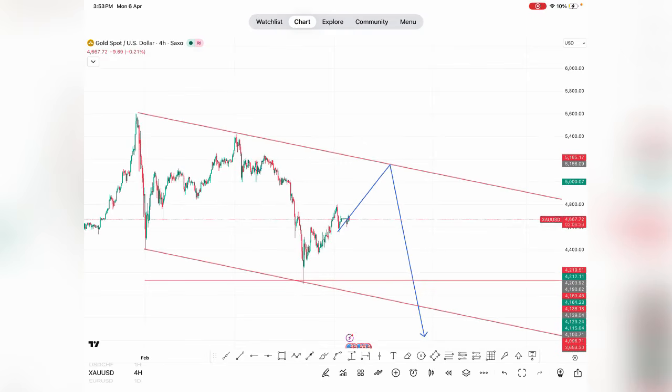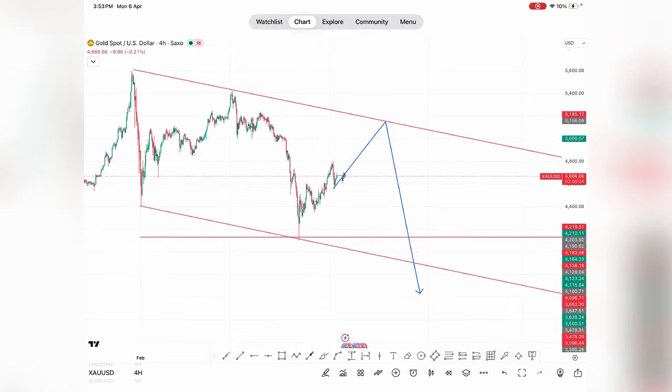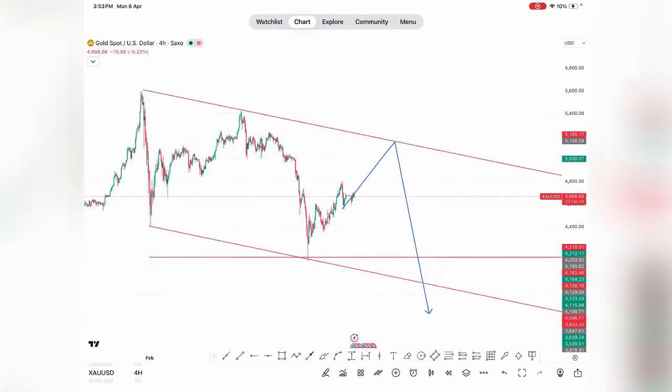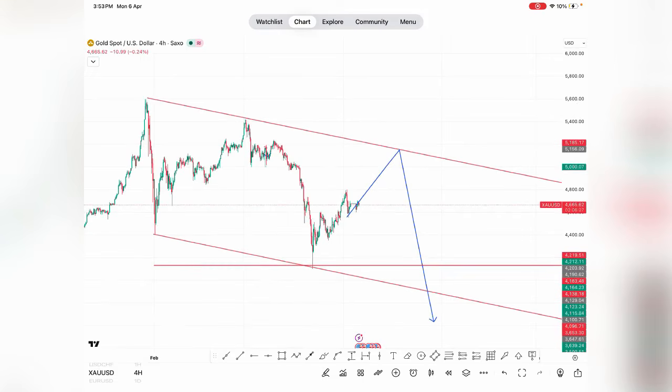The pipette comes from the pip, and is 1/10 of a pip. So a pip is basically a price interest point, and is the smallest value of change within